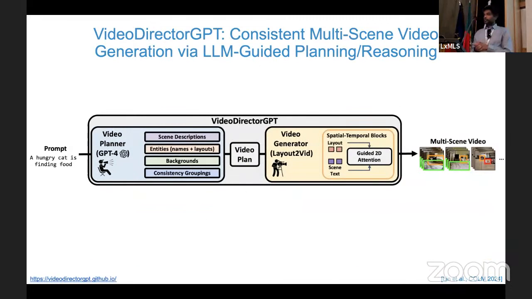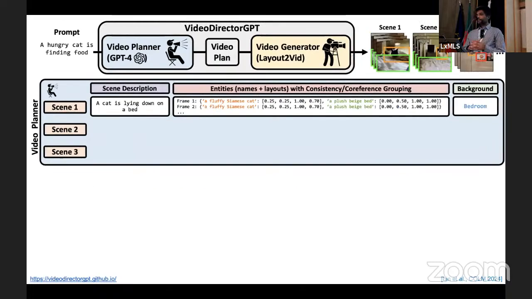And now I'll give you an even more complex example, which is for long video generation. This is the first paper that tried to tackle long, consistent video generation. This was around 9 months ago. And this is all academic scale, 4 A100s or 8 A6000s. The whole idea was, can we use LLMs as planners for long videos, such that we can use the idea of co-reference and layout generation to understand what should be consistent across the video and also have very fine-grained layouts? Let me start with a toy example, and then I can show you some real examples.